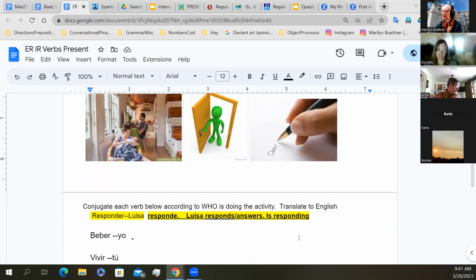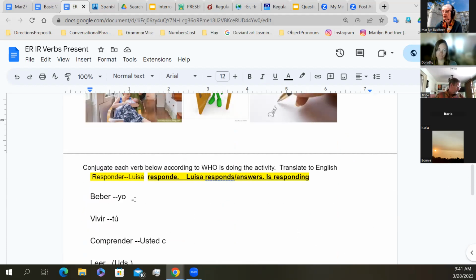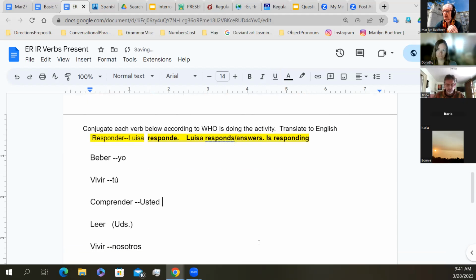ER and IR verbs are the two smaller categories compared to the AR categories, but we're going to practice these with this segment here, which you'll have to keep. And we're going to do two of these together. And then I think I'm going to have you do maybe some work in smaller groups after the two we do together. So we're going to look at the example and the second one below it. And then we'll have you do like 4 or 5 separately and come back and compare and see how you did. Okay. So el ejemplo, the example,